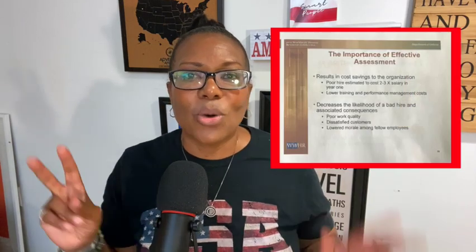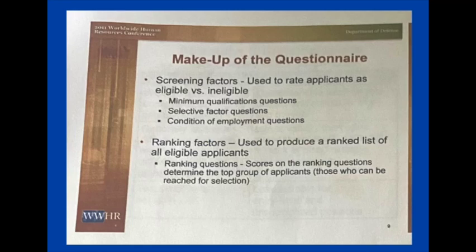Today, let's look again at another slide that was taken from a conference when they rolled out USAJOBS for the hiring managers. The assessments are covered as a questionnaire. When do you get them? When you click apply. You're taken on warp speed to the assessment, which I like to also call a test. This slide here provides you with the background knowledge, the insight on how they make up the questionnaire.